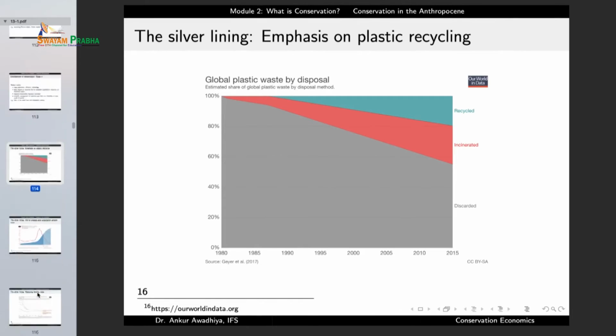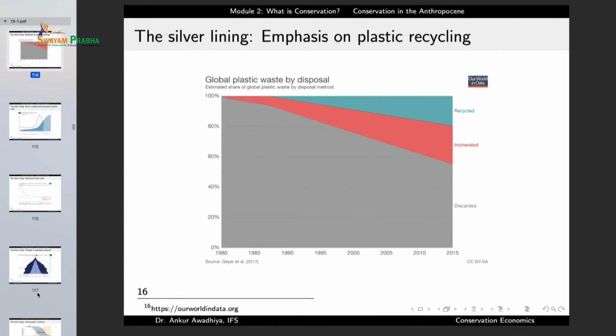Now, these days, because of these impacts, we are emphasizing things like recycling and reduction of usage of things. So earlier we were saying that we should produce more, we should consume more, and that would lead to a higher standard of living. These days we are emphasizing reduce, reuse, recycle, so that our impact is lessened.